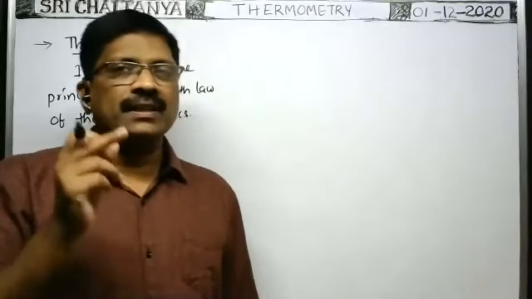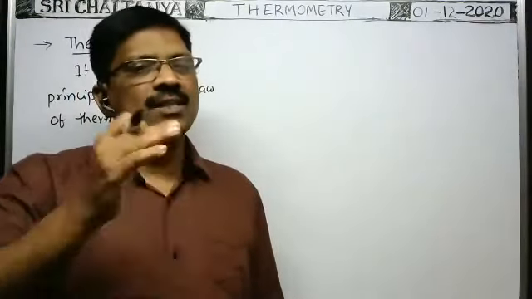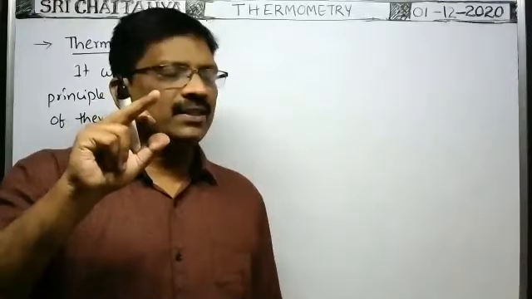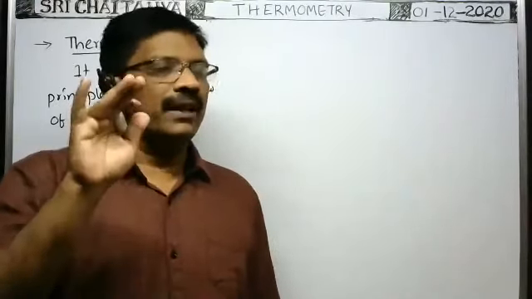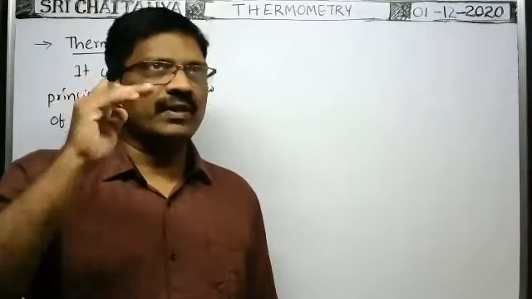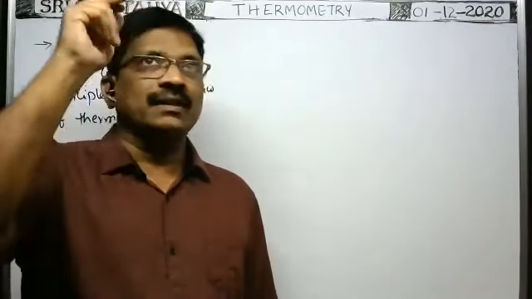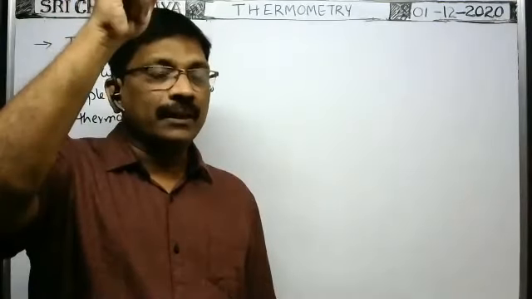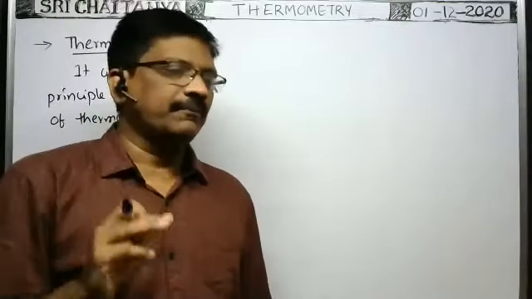Whenever thermal equilibrium is reached, as there is no further net transfer of heat energy from our body to the mercury, the average kinetic energy of each and every atom in the mercury thermometer remains constant. Whenever it is constant, there is no expansion. That's why the rise in mercury level will stop. Then, based on the mercury level, we can note the temperature of the mercury directly.